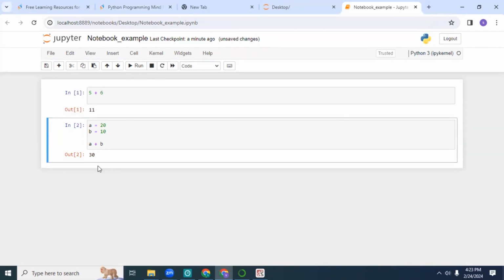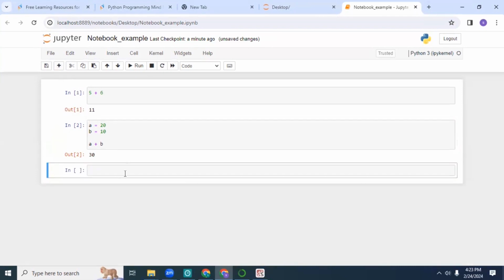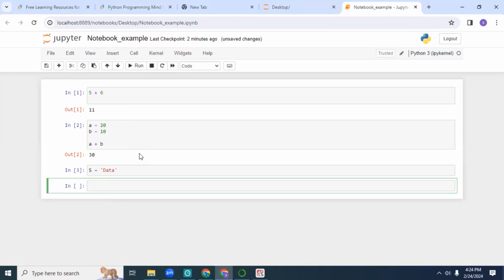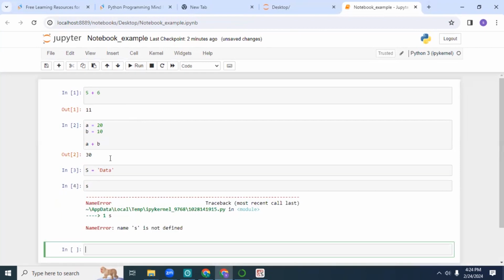And to introduce a new cell below, I can click on the plus here. It adds a new cell, and I can start writing the other script. So let me write a simple script saying data, right? I can click on Run, or Control plus Enter, or what else I can do is Shift and Enter. What that does is it executes the current cell that you're in and introduces a new cell, right? So I can say here, print. I'll simply call for S and I'll click on Run. So you can see